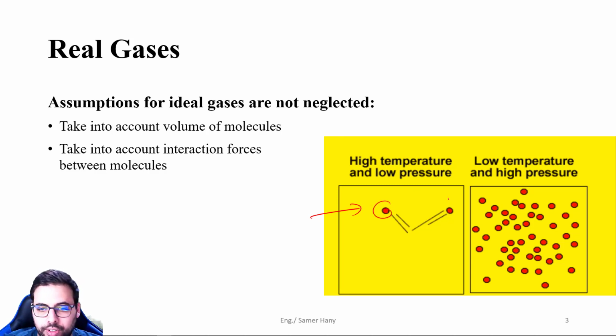So the molecules have a very, very small volume compared to the entire container, and since their chance of interacting or colliding with each other is very minimal, we ignored any interaction forces, whether attraction or repulsion, between those molecules. And this actually happens when we have a system at high temperature and low pressure, but in real cases where we have very high pressures or low temperatures, the particles start to get closer